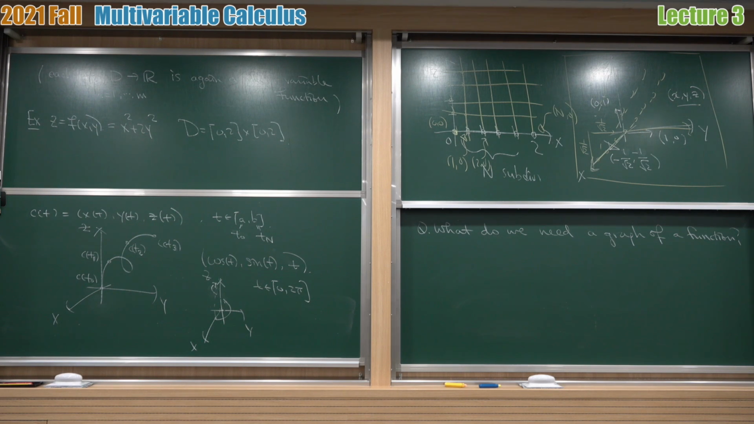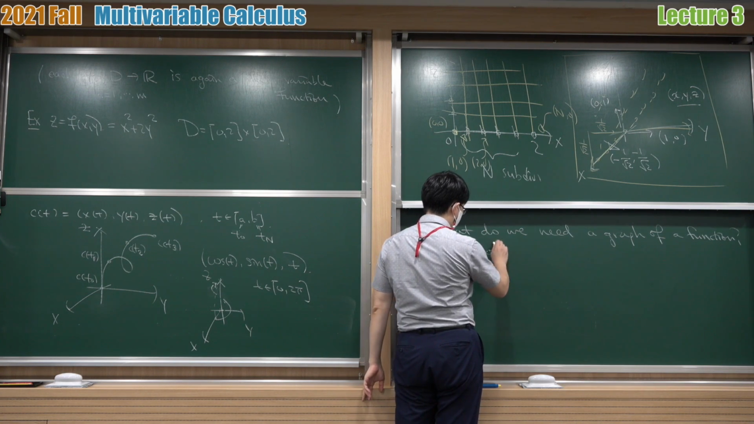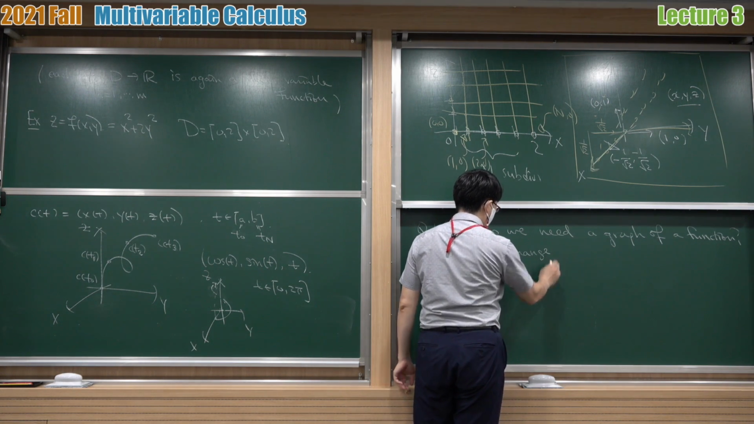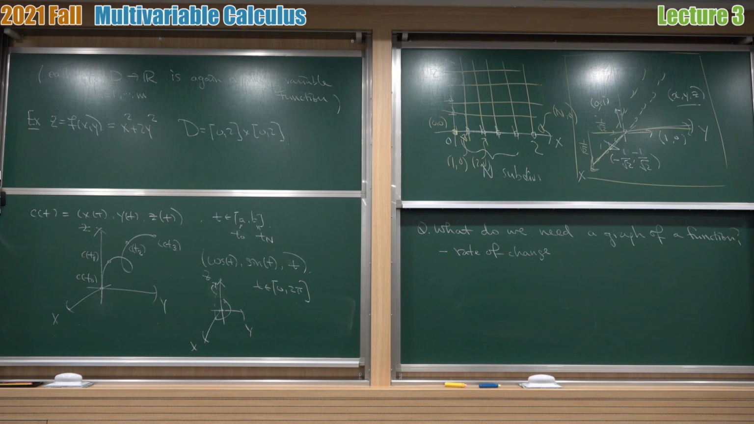What kind of information did you get from the graph of a single variable function? We can see the change by using the slope. By using the slope, you can see the rate of change, right? Yeah, good one. So, rate of change. And what else? Shape. So we can find the features of this function. Uh-huh. Examples